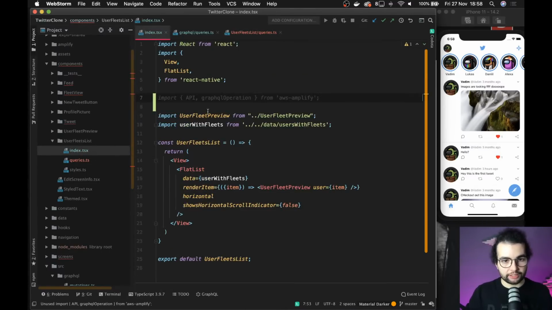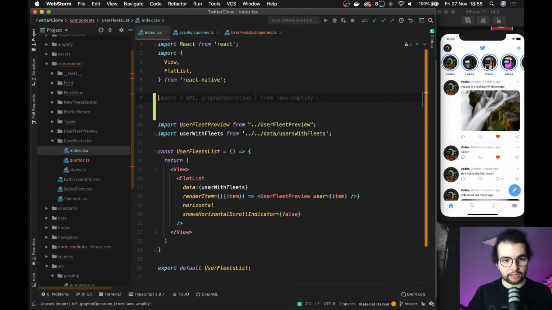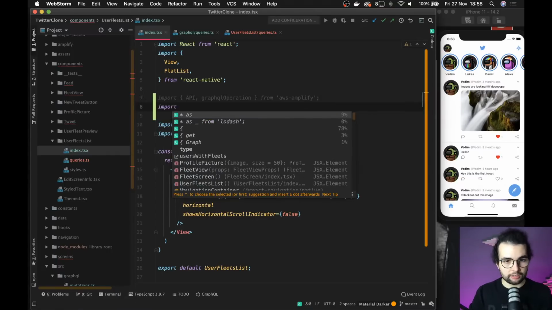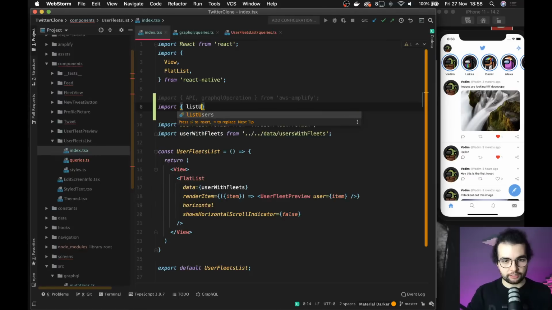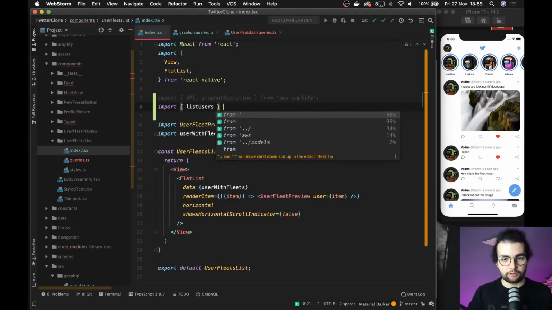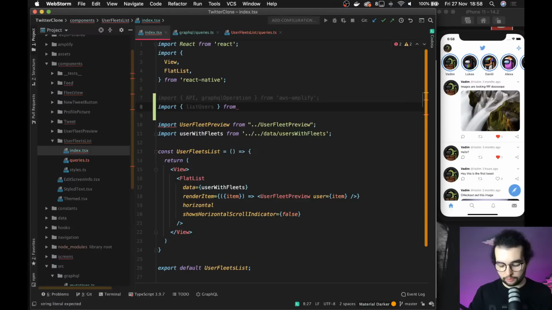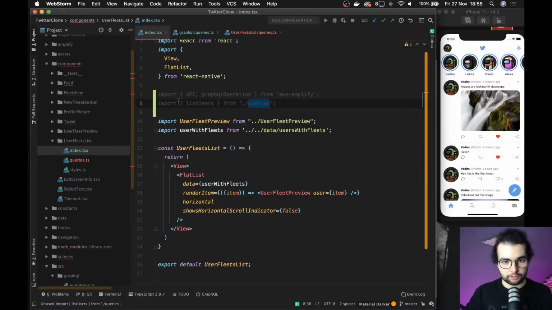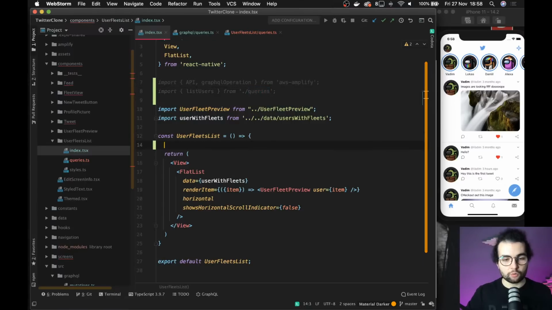So in our index, let's import this query. Import, how is it called? List users from queries. Okay, so